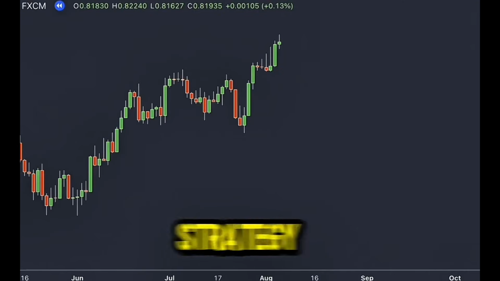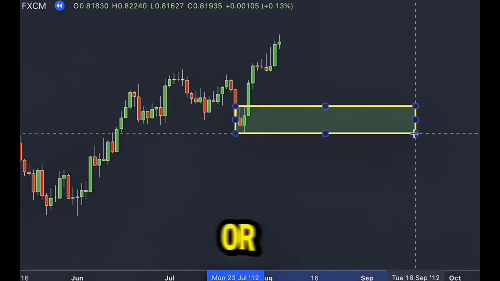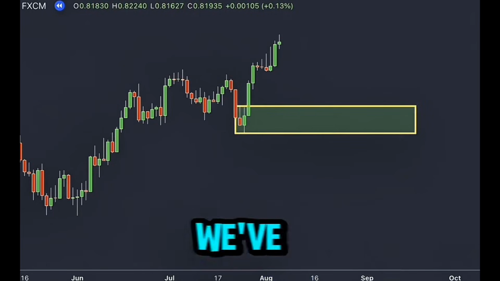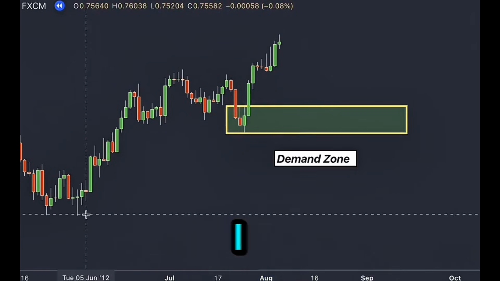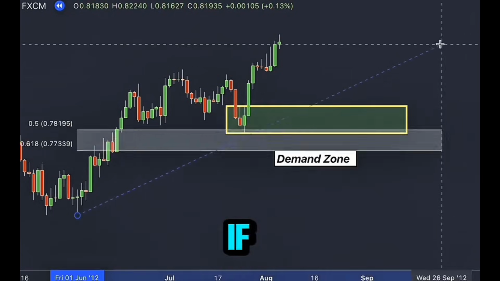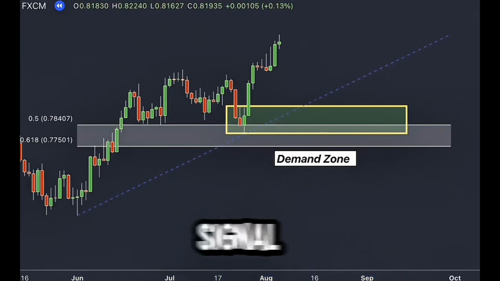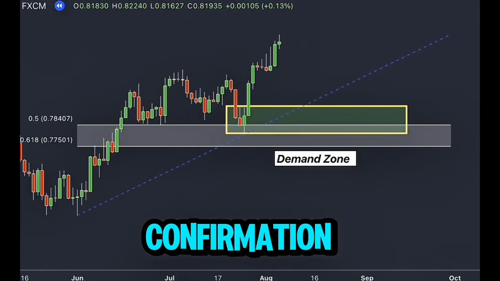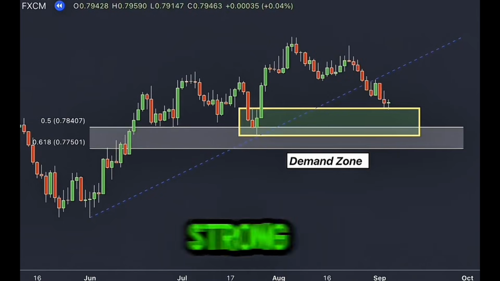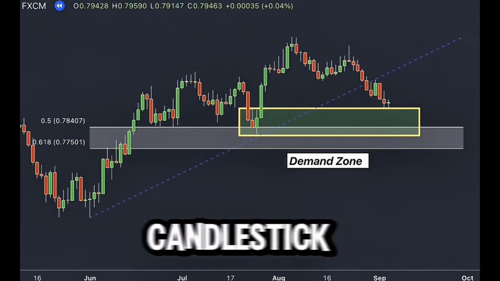Let me share with you my personal strategy for trading these golden zones. Identify the zone. First, I start by spotting the supply or demand zone using momentum candles, just as we've discussed earlier. Look for confluence. Then, I bring in the Fibonacci retracement tool and check if the zone aligns with the 50% or 61.8% retracement levels. This confluence of signals strengthens the case for a trade. Wait for confirmation, and never rush into a trade. I wait for a strong confirmation, such as a bullish or bearish candlestick pattern.